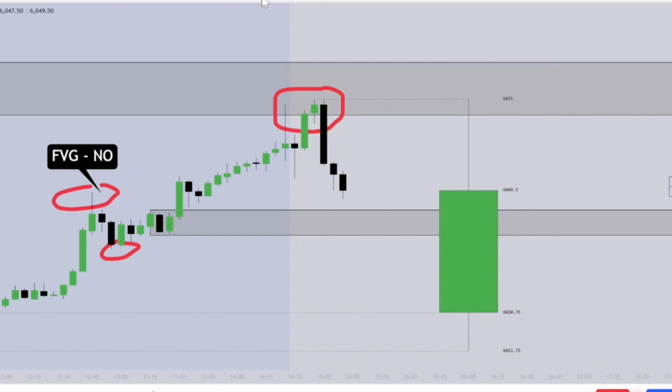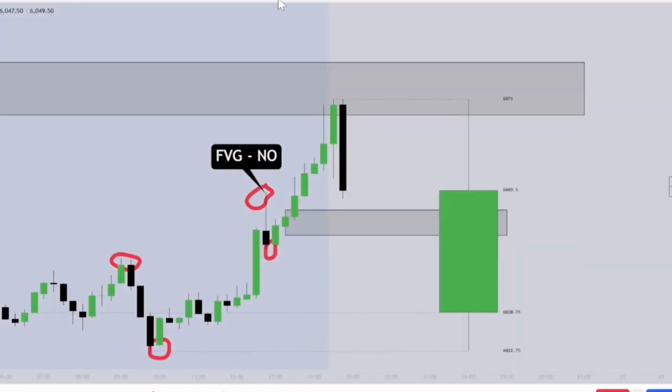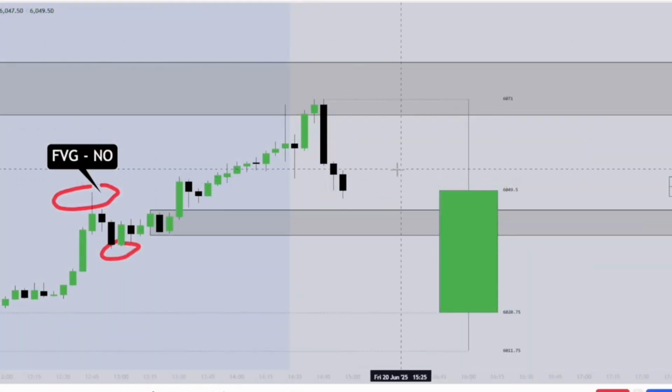So I'm just going to clear the charts up, and we're going to go through a couple of things over here. Now on the 5-minute time frame, how could you have entered this particular trade, right? So I personally took this